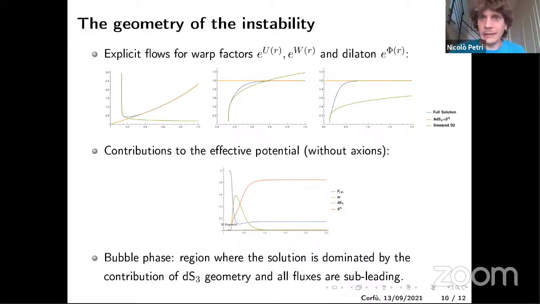But then there is this intermediate behavior with the blue one, that is our full solution, that is something different with respect to the 2 situations. So in order to understand which is the main difference, it is better to look at this plot. So in this plot, we basically